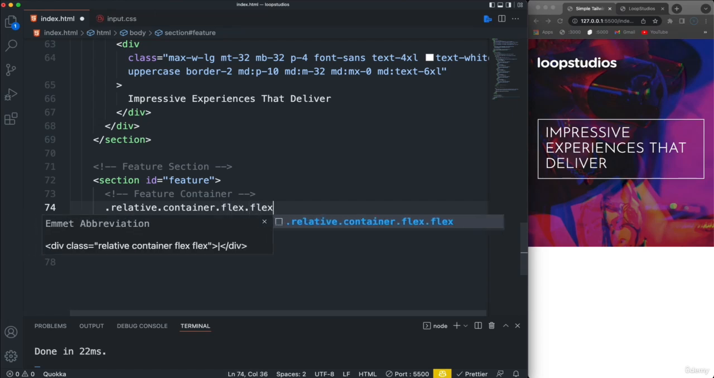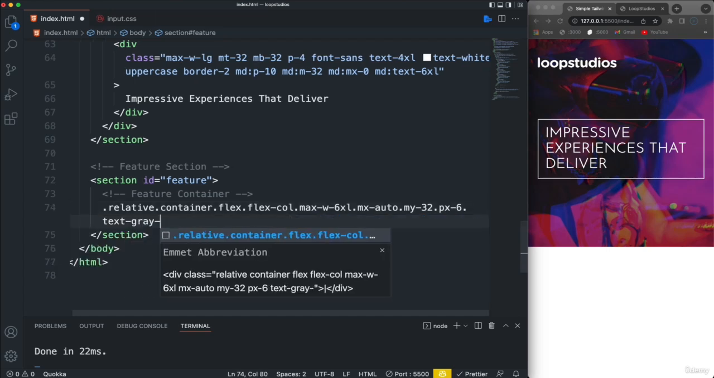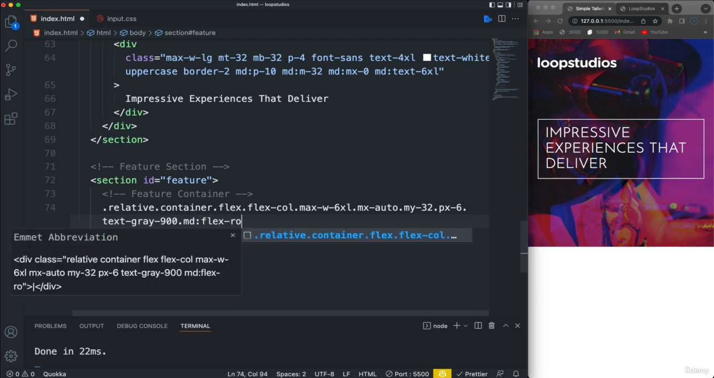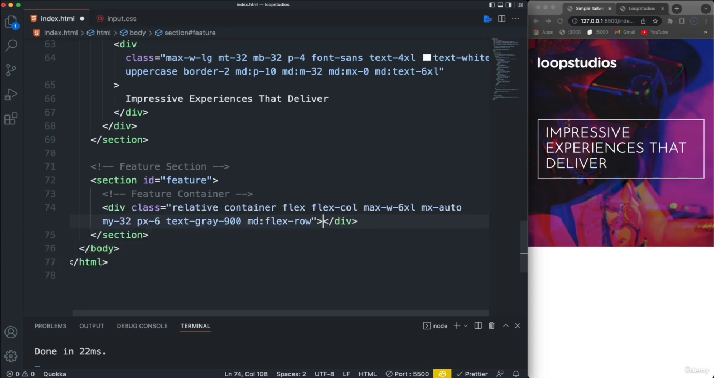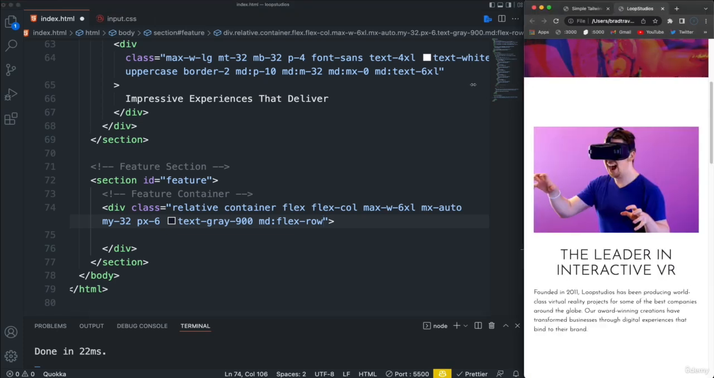Flexbox, we're going to do flex column because we want it to stack on smaller screens. We'll do a max width of 6XL and then push it to the middle with MX Auto, and then MY-32, and padding we'll do PX6, and the text will do gray-900. And then on medium screens, of course, we want it to be a flex row. Okay, so actually no, let's remove the padding because I don't want,